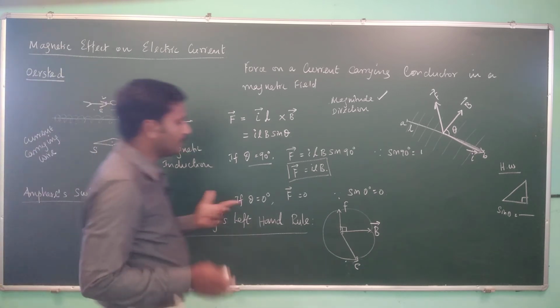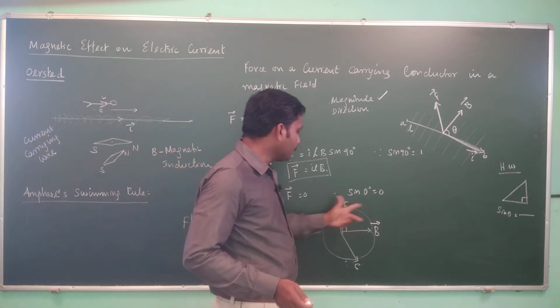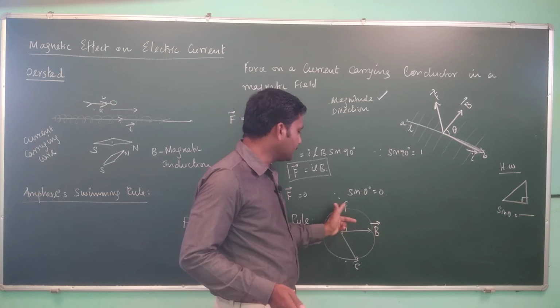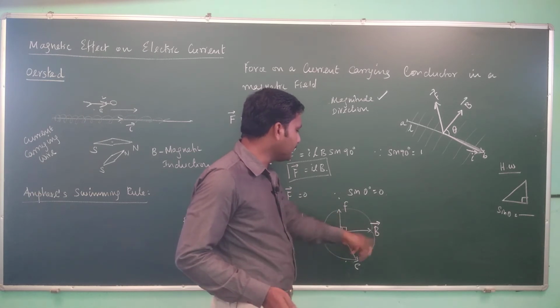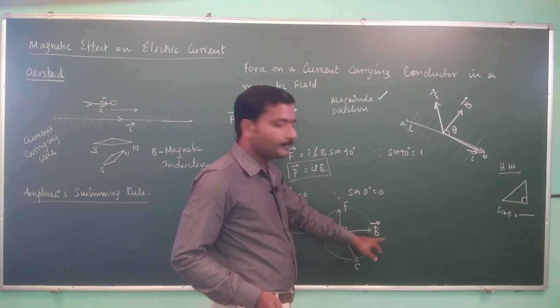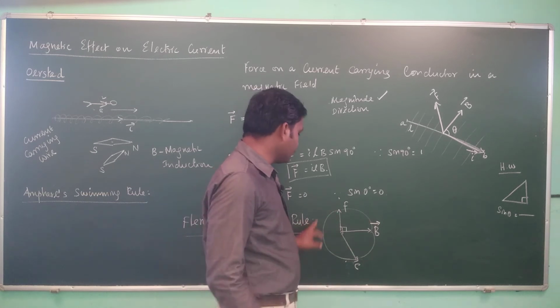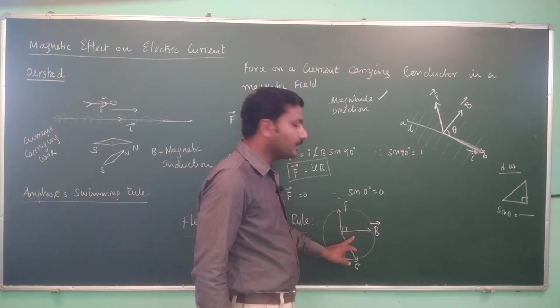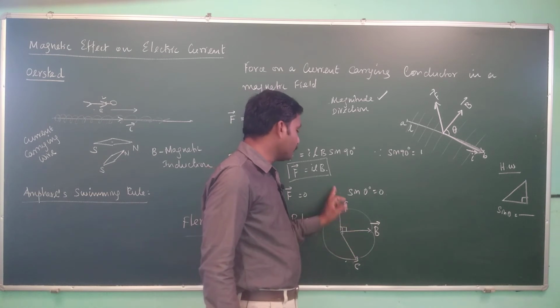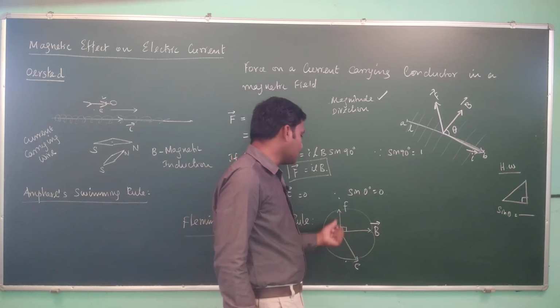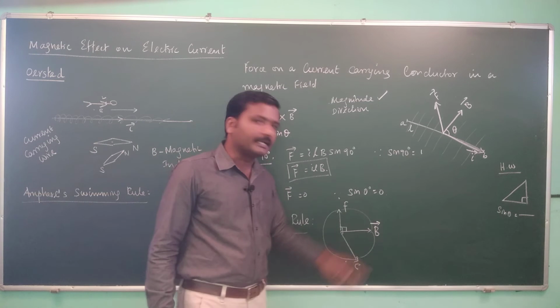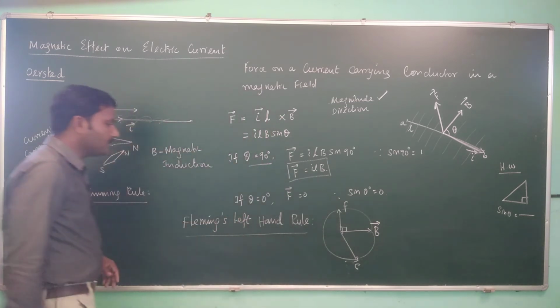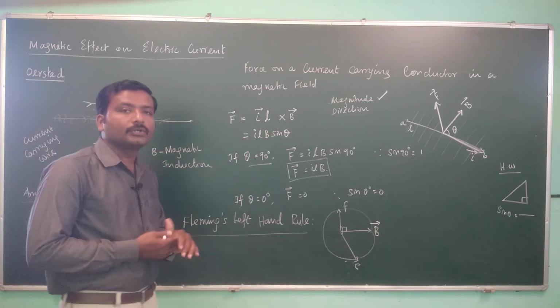Very simple. You consider three fingers, right? You can connect these three lines. On the right side, it will give you B, which you can put in the middle line. If you connect, it will give you C, so you put it here. So B and C are perpendicular to each other. In that case, the force will be perpendicular to both of these and directed outwards if B and C are directed outwards. So this is Fleming's left hand rule.